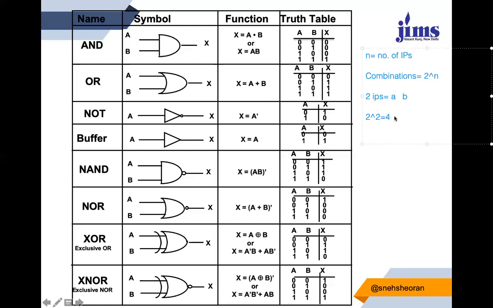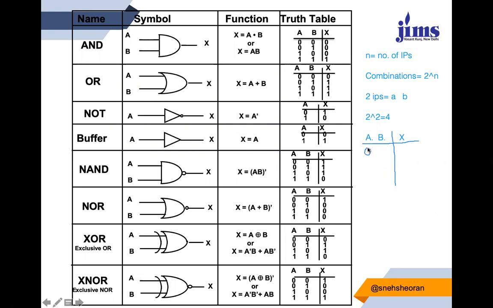As I said, in the truth table, on one side you represent the inputs and on the other side you represent the outputs. In our case, you have 2 inputs A and B and one output which is X. Now I'm going to put the values in this table. You have A and B on one side as inputs and X as output on the other side. 2 inputs will give me 4 unique combinations.